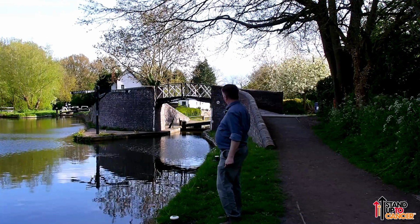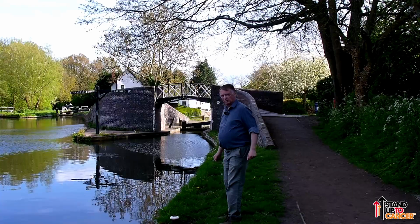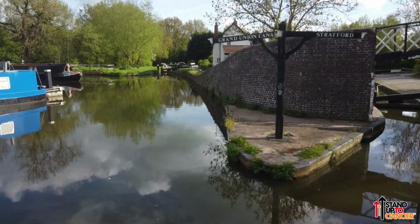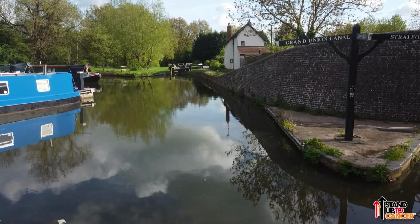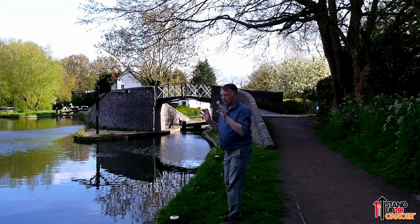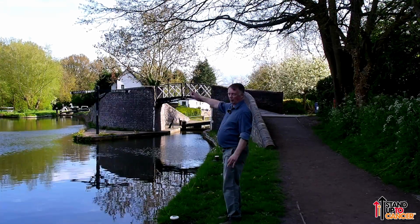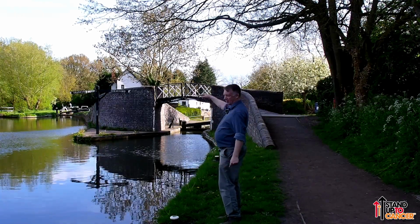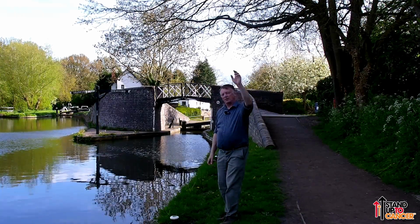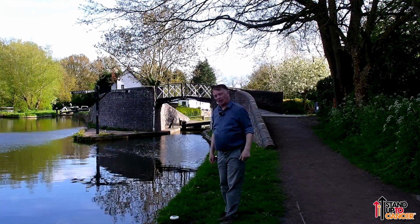To the right, Stratford-upon-Avon. This is Lock 21. Over there is Lock 20, the arm, and onto the Grand Union Canal. You can't moor here if you're not a permanent resident. There's some temporary mooring up the right here. There's a little bit beyond the next lock, which I think will be Lock 22. And there's a little bit going up that way at the bottom end and up at the top end of